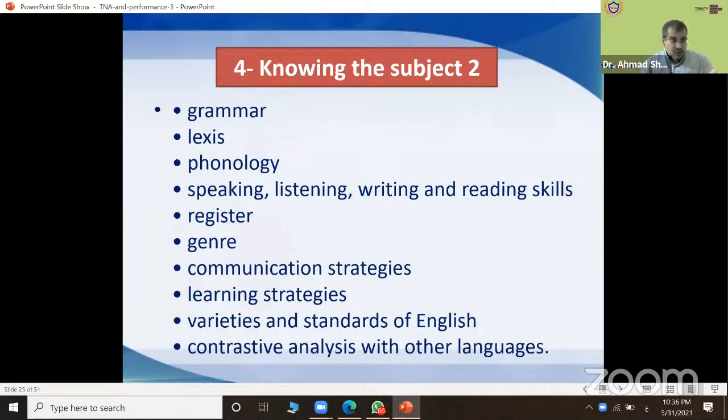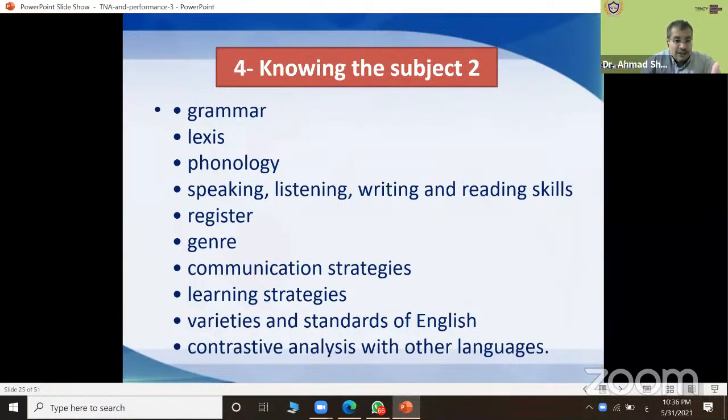Genre, okay, we have different genres in English. Maybe you learn English for a specific purpose. For example, English for the terminology of engineering, of medicine, or academic writing genre. Okay, writing reports, medical reports, for example.